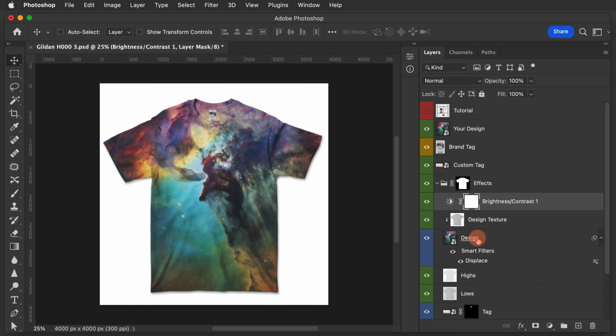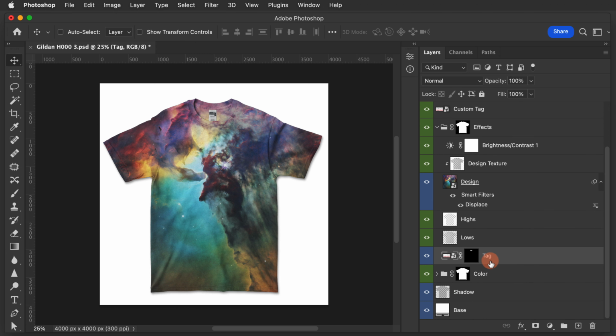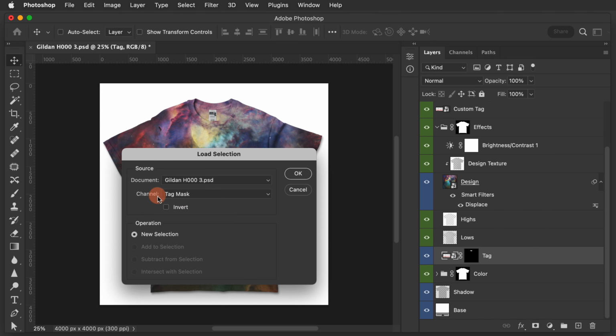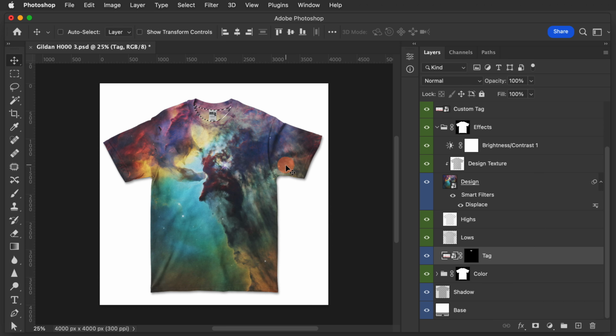It's pretty simple. So to do that, we're going to click on the tag layer, and then we're going to go to Select, Load Selection, make sure that the channel says Tag Mask, click OK. You'll notice now that we have a selection of just where the neck is.